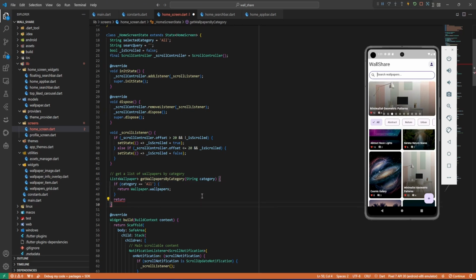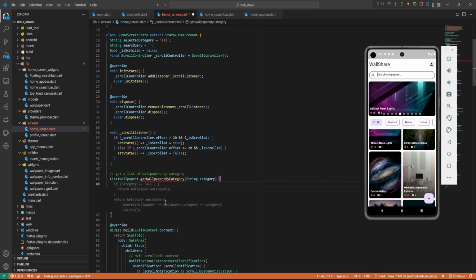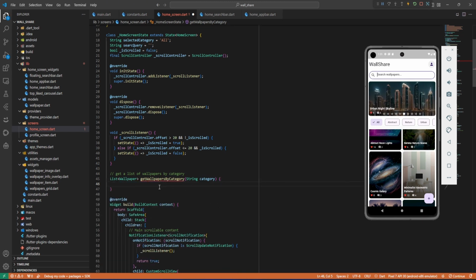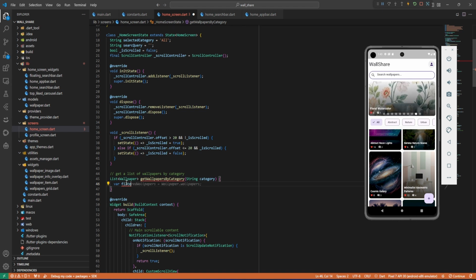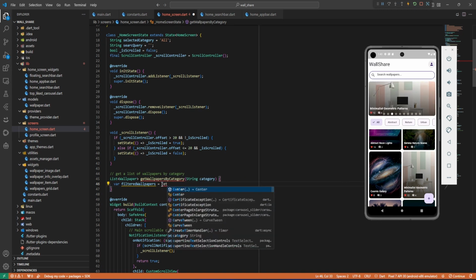Okay, let's see, let's remove everything inside here. Okay, it's been closed correctly. Now what we want to do here is to filter. Okay, so first we're going to get a variable of filtered wallpapers. Okay, so filtered wallpapers, we're going to get first we want to check if category, the one that